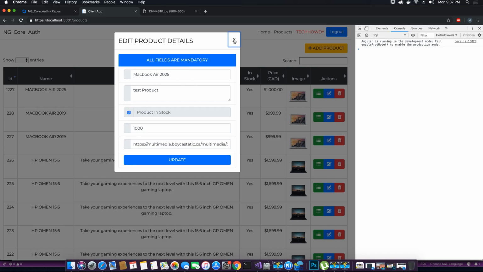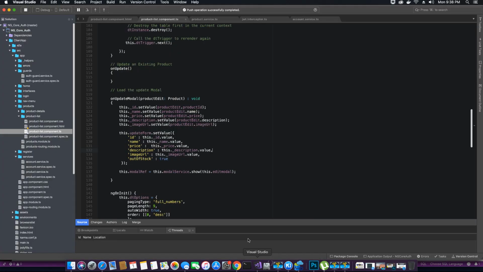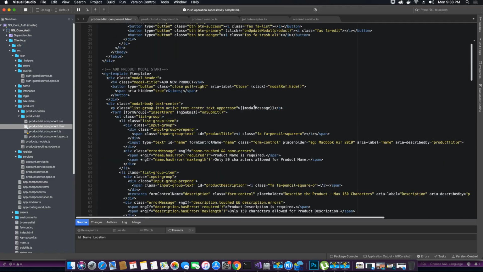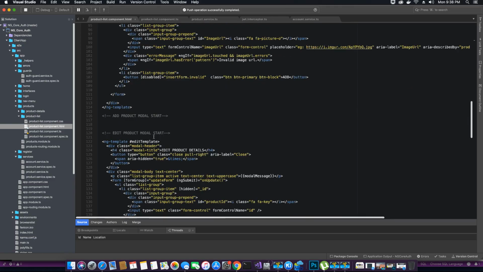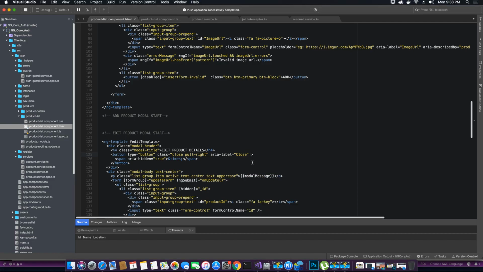Now this here is not working. That's the close button. We need to hide the model. So for that, let's go back to product component.html. Inside the edit model that we have here, we have to add the method. So let's do that. So let's add a click event here. So whenever that X button or X icon is clicked, the model ref dot hide method is fired off and